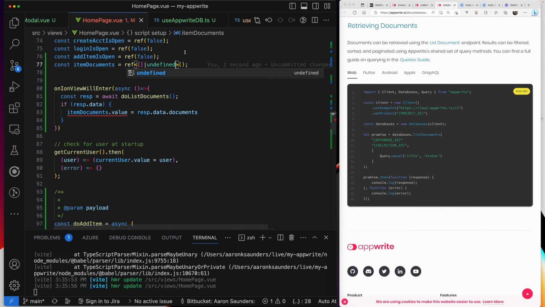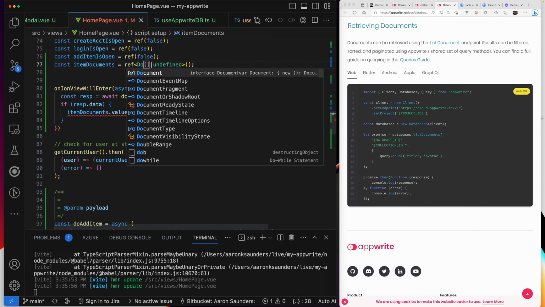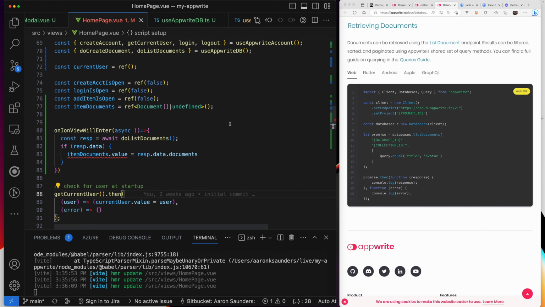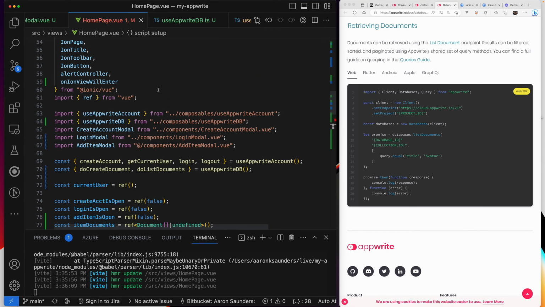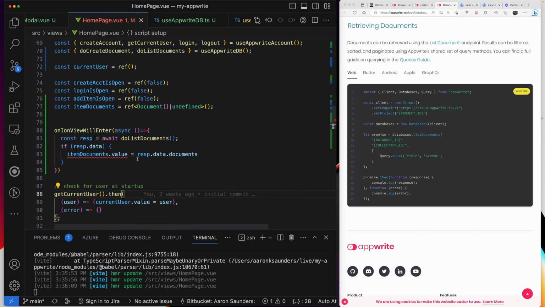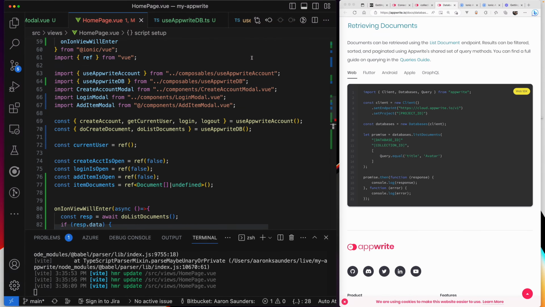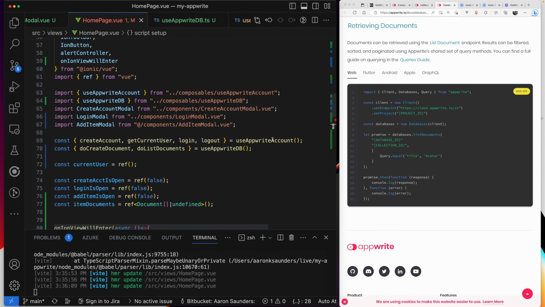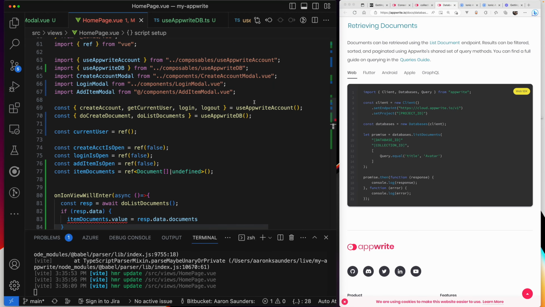Looks like it has a document, so we'll import the document. Did I not import? Let's see. It looks like it did not import the right document, so where is it getting? Yeah, that's the browser document. That's not the document that I want. I want the document type from Appwrite. It's the first time I'm using types inside of here. Looks like it is, so